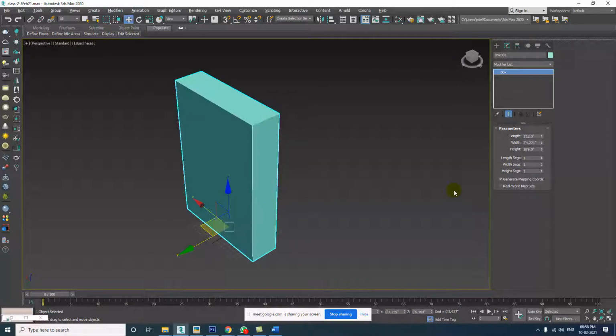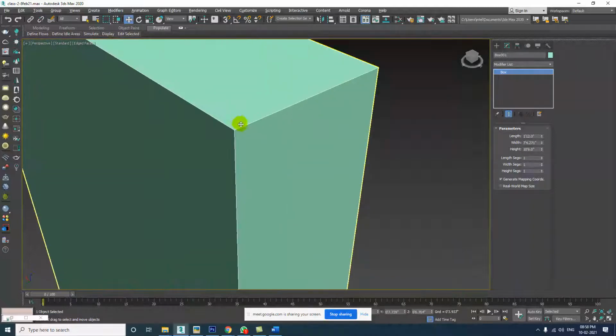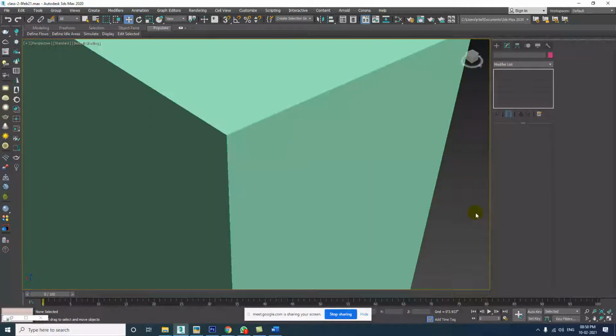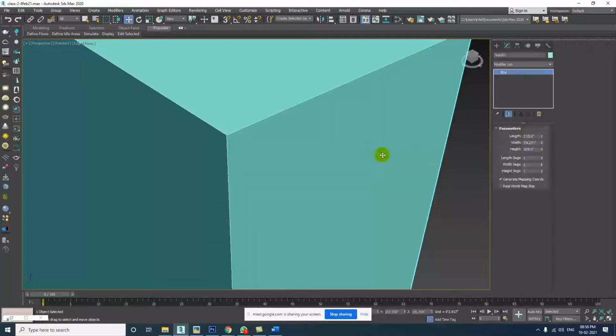Actually, let me zoom a bit. Okay. Yes, this white color line, right? If I don't select the object, it's difficult to view. But when I click the object, you will see. Actually, right now we are working with the default color. Over here I'm changing the color with the help of the properties option on my right side.